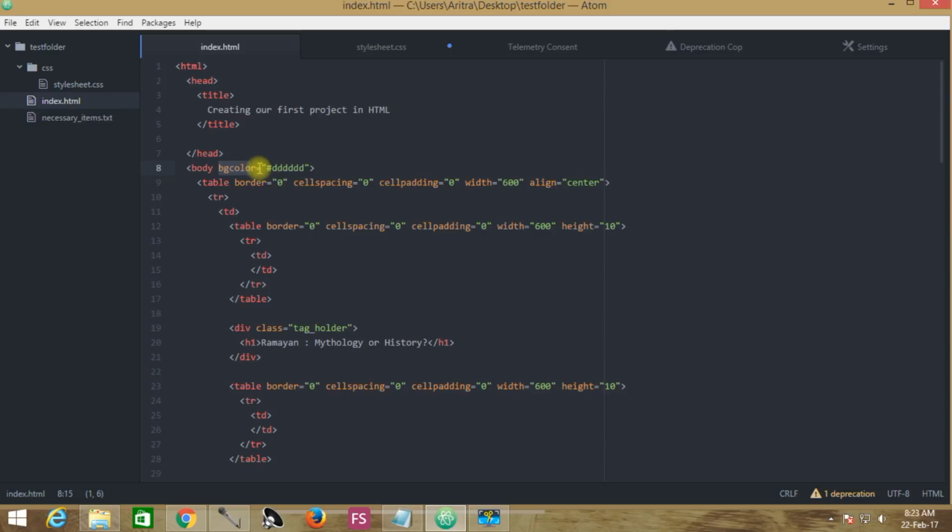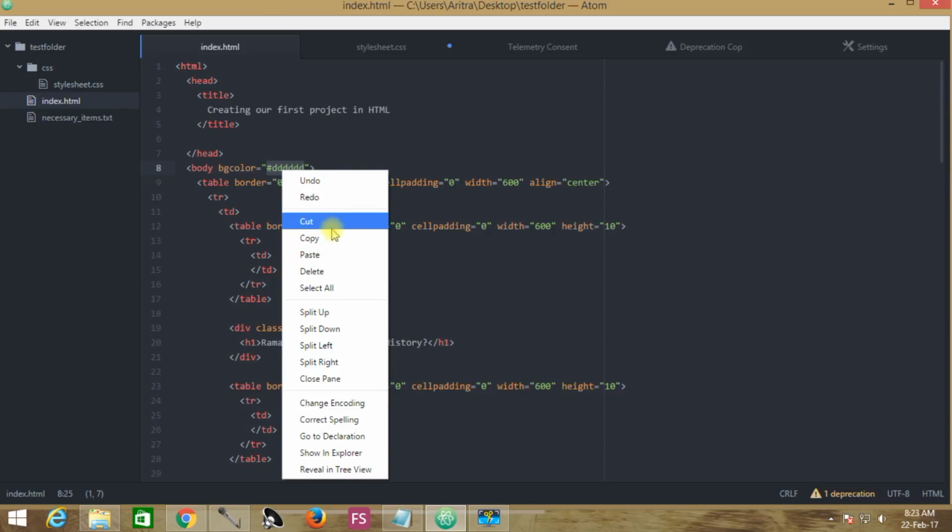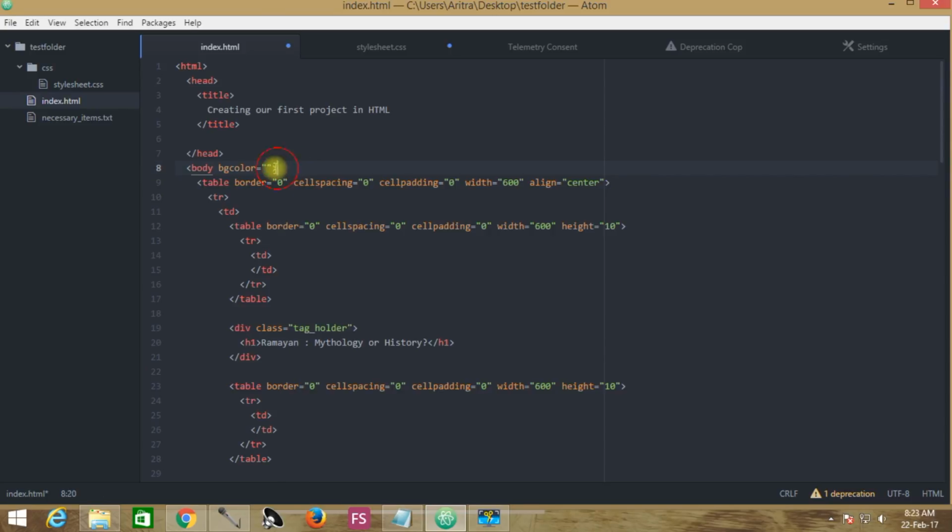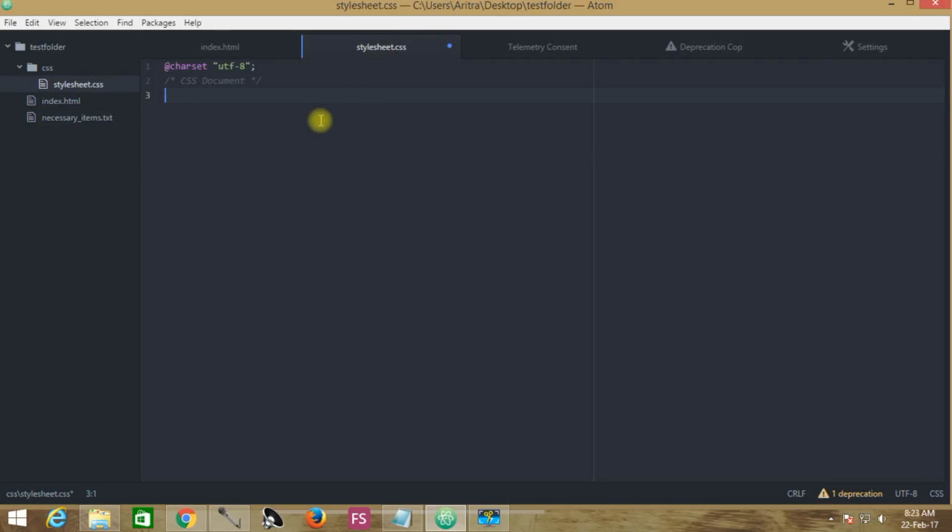All we are doing is copying this color code from here. That is what we needed. So we are cutting this thing from here and removing this BG color attribute from the body part. Now we get back to our stylesheet.css, and all we are writing over here is